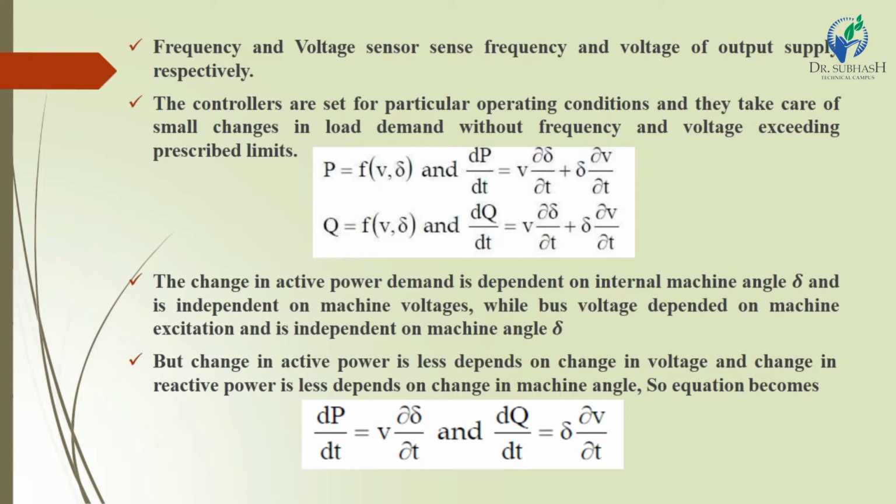This balance is measured by the system frequency. If it is increased, more power is being generated than used, and all the machines in the system are accelerating. If the load on the power system increases, then the system frequency decreases. If the load demand is more than the power generated, it causes the slowing down of all the generators.